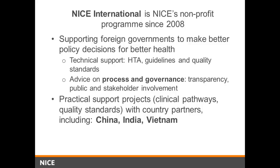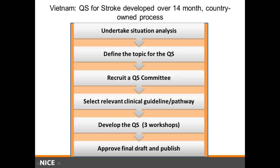This means working jointly around a specific project, like an example I'm now going to give. An example of developing quality standards for stroke care in Vietnam. So the Vietnamese government has been making efforts to roll out universal health coverage, and as part of this effort, improving the quality of care in hospitals across the various tiers has been a really focal issue for the Ministry of Health. So they approached NICE International to support them in developing evidence-informed quality standards based on robust evidence and